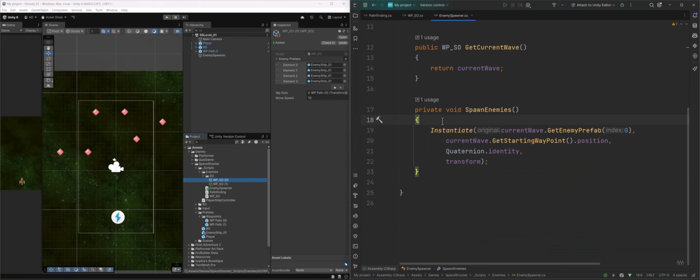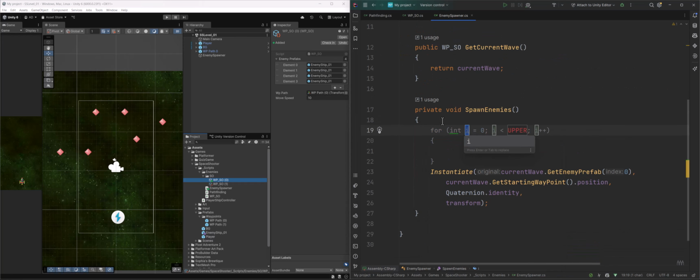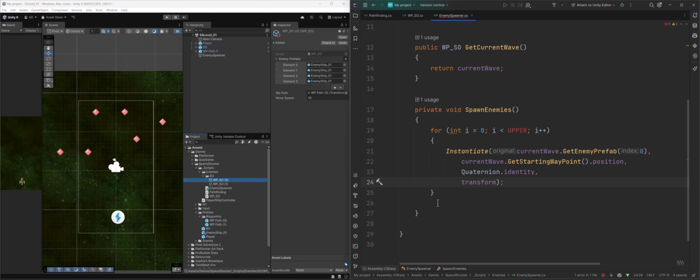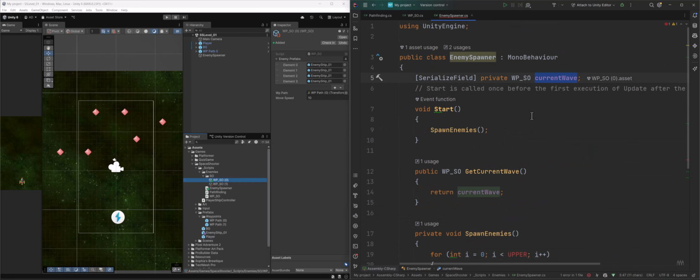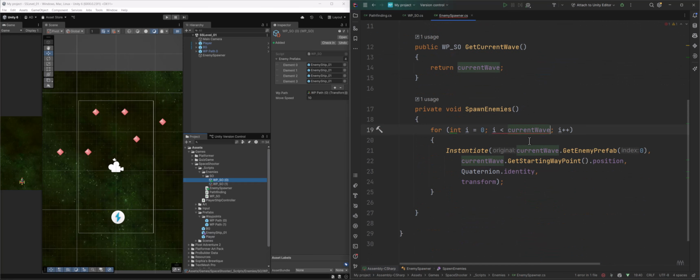So all we have to do is just create a for loop here. I'm just going to hit 4 and hit tab, and I'm going to grab all of this code. You can either hit Control X and just click on there and paste it. What I want to do is say, okay, at 0, i equals 0, as long as i is less than my current wave. Remember, our current wave here gives us access to